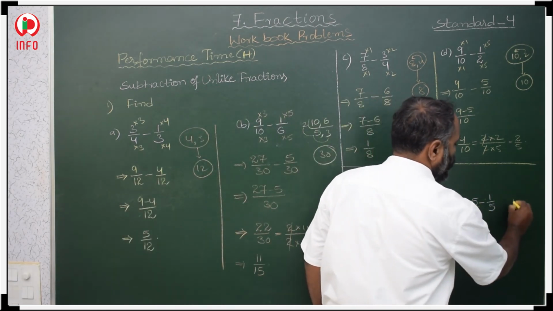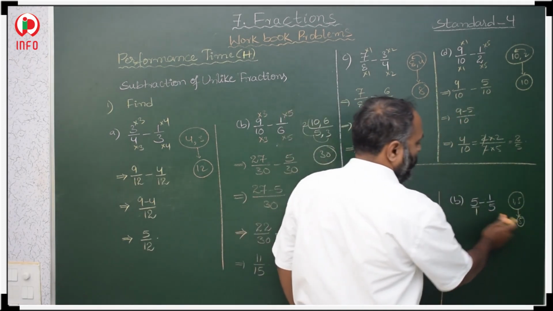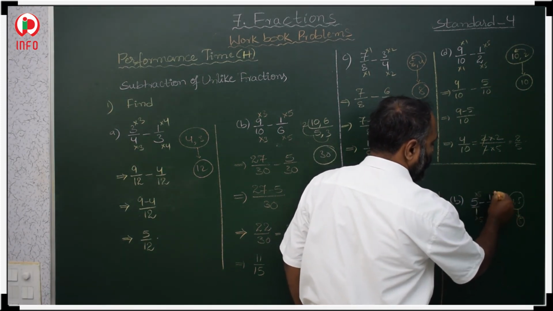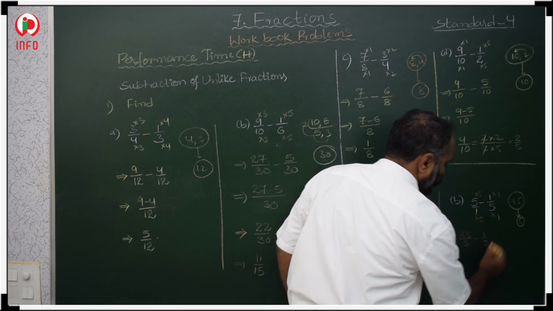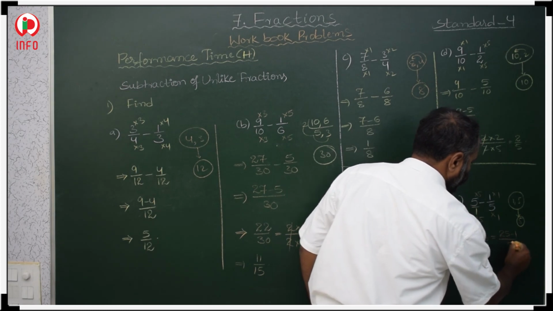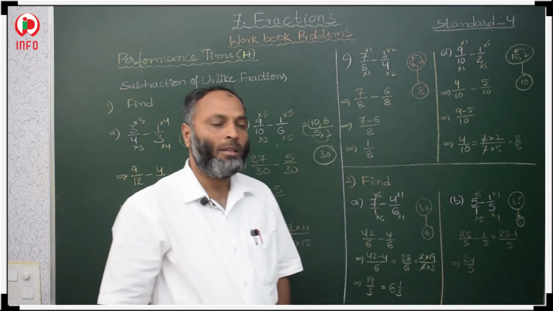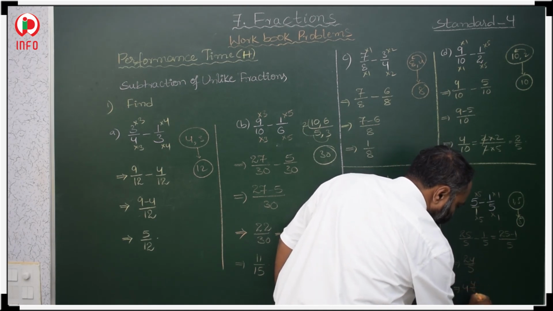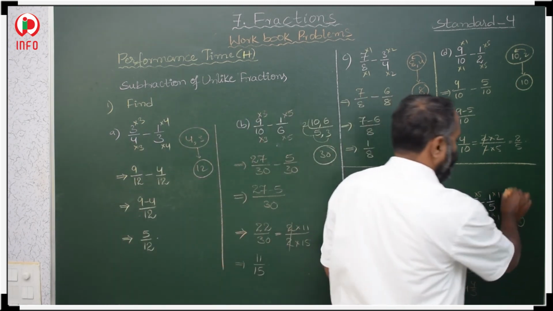Here 1 and 5 LCM. 1 and 5 LCM is 5. In the 1 table, when you will get 5, 5s are 5. In the 5 table, when you will get 5, 1s are 5. 5 5s are 25, 1 5s are 5. 1 1s are 1, 5. Then difference of numerators, 25 minus 1 by 5. It is 24 by 5. Then in mixed fraction, 5 4s are 20, 4 left, 4 by 5. 4 4 by 5 in mixed fraction. Okay. So, you have to do like this.